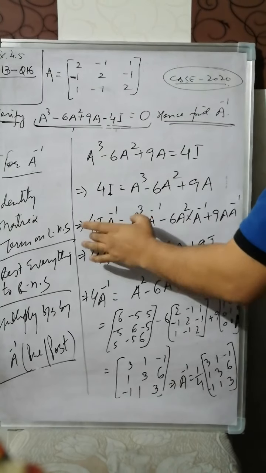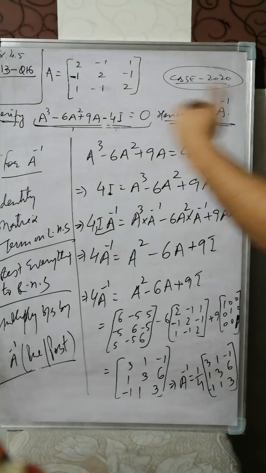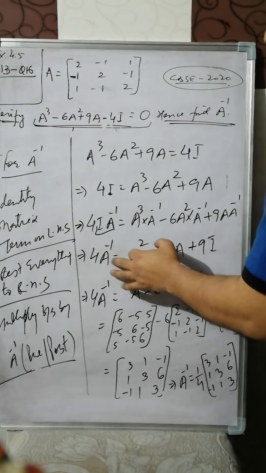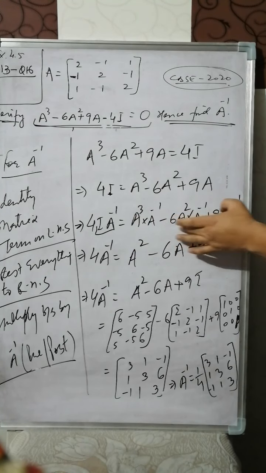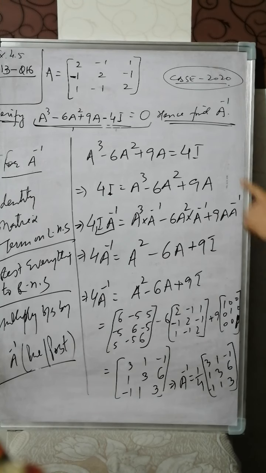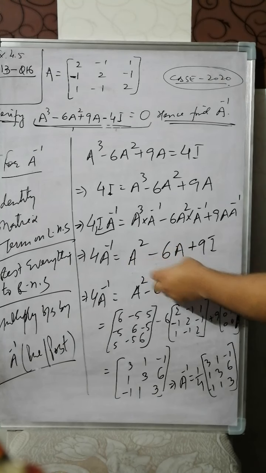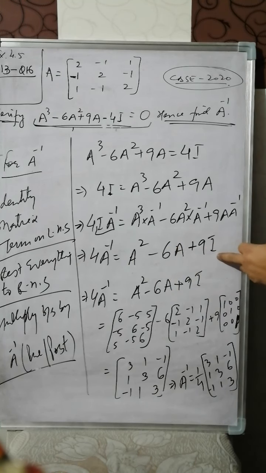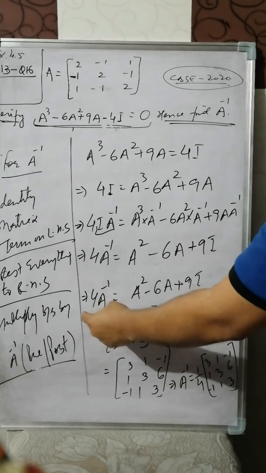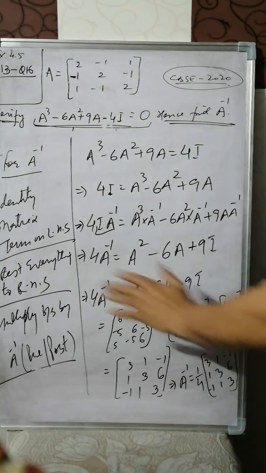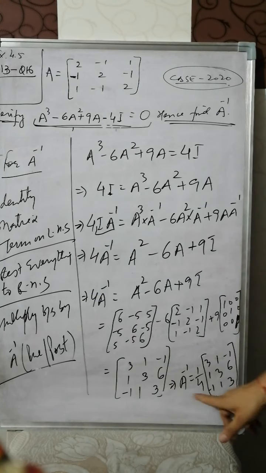ये आ गया. उसके बाद ए इनवर्स से मल्टीप्लाई करोगे बोथ साइड. लेफ्ट साइड पे आई इंटू ए इनवर्स विल मेक इट ए इनवर्स. ठीक है, और राइट साइड में सब जगह ए की पावर एक कम हो जाएगी। यहाँ पे एक ही ए बचा था, ए इंटू ए इनवर्स, वहाँ पे आइडेंटिटी लिखना ना भूलें आप लोग, ठीक है बेटा। फिर वहाँ पे वैल्यूज डाल दो ए स्क्वायर की, ए की और आइडेंटिटी की। यू टेक द कॉम्बिनेशन प्लस माइनस करके जो भी उसका आंसर निकलता है, वॉट एवर इज द कोफिशिएंट ऑफ ए इनवर्स ऑन द लेफ्ट हैंड साइड, लास्ट स्टेप में उसको राइट साइड पे ले जाओ, 1/, हो जाएगा, मल्टीप्लाई हो रहा था इधर आके डिवाइड कर देगा,